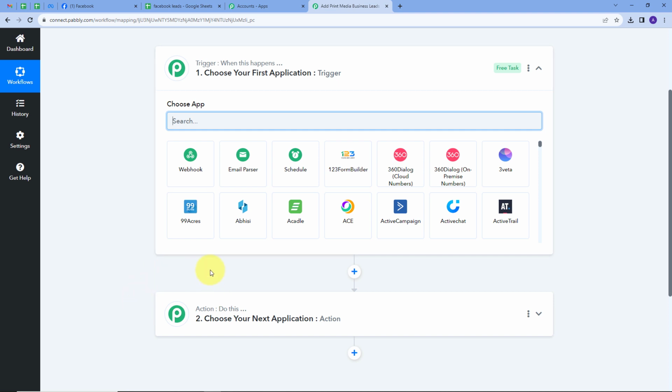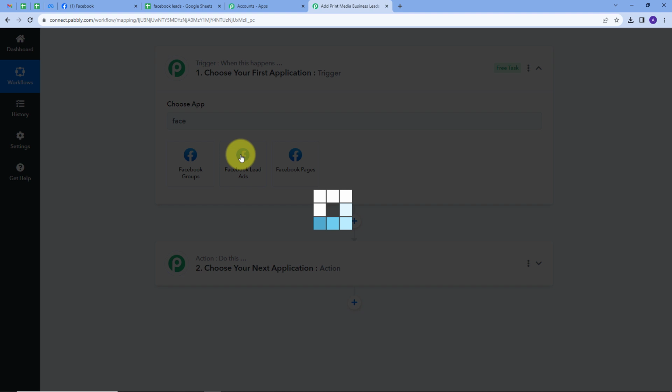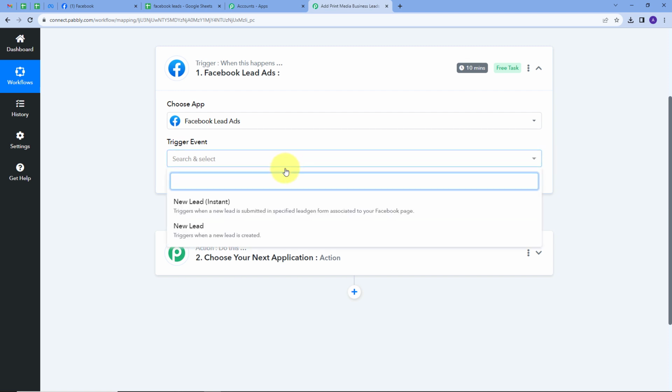So we will set up our trigger first, and here my trigger application will be Facebook lead ads. So I will search for that and I will select this. Now I have to give a trigger event. So for that I will open this tab. And new lead instant will be my trigger event. So I will select this